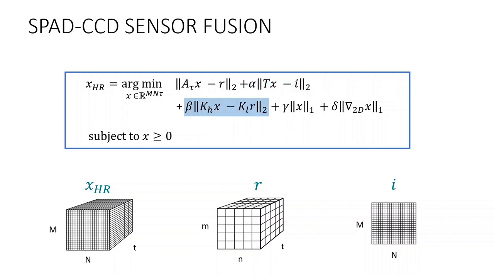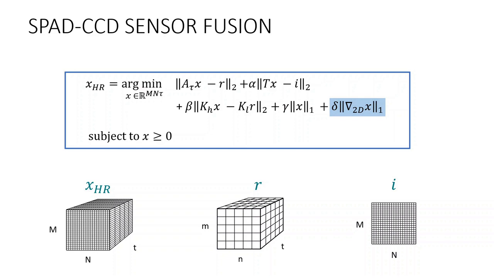The third term uses a matrix K, which performs a spatial integration over the data cube, thus matching the temporal distribution of light intensity in the measurement and the reconstruction. This term enforces sparsity in the data cube, helping with robustness of the reconstruction. Finally, the last term adds a total variation prior to the optimization, which acts on the spatial dimensions of each